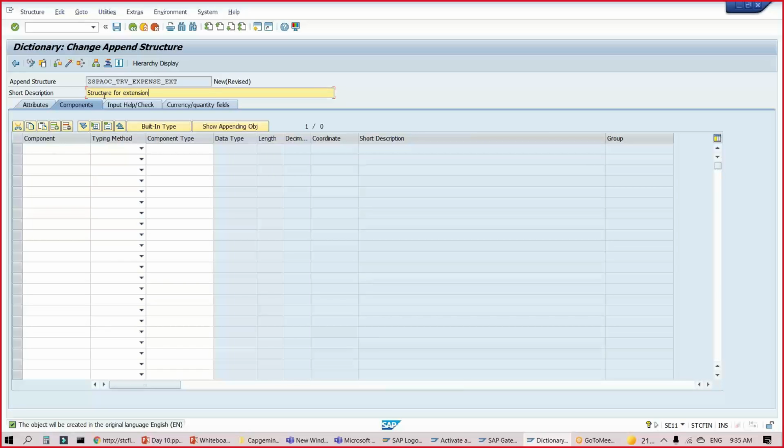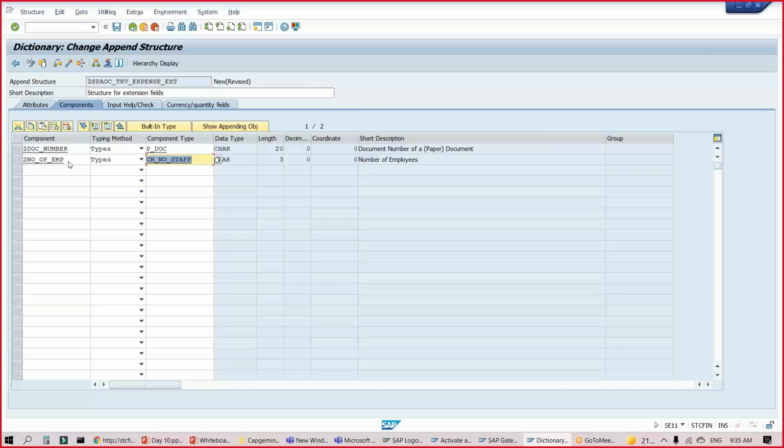for extension fields. So my business wants to add some new fields, let's say a doc number. So ZDOC_NUMBER. And I wanted to add another field, let's say this is a doc date type. Then I wanted to add another field, a number of employees, so ZNUMBER_OF_EMP. And let me put the data type. So I will put a standard data type available in SAP for number of staff, CHNO_STAFF.